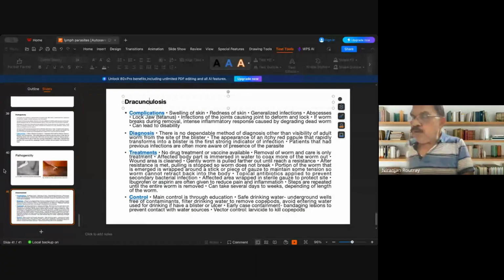Now we'll move on to ectoparasites of animals. We have a very short time. Ectoparasites are those animals which don't enter into the human body, but remain outside the body of humans and other animals, and their presence outside the body is intolerable. It causes some sort of disturbance or distress to the animal.